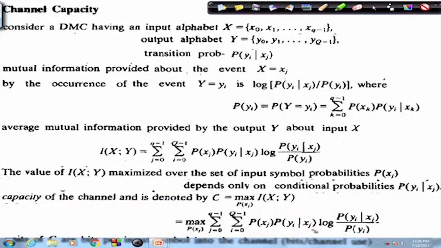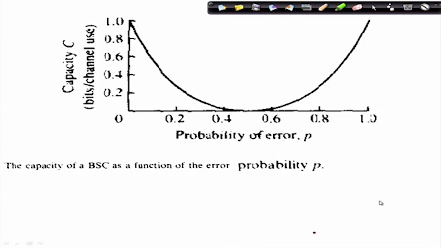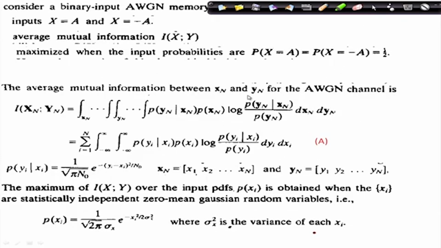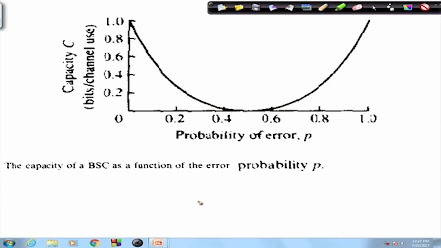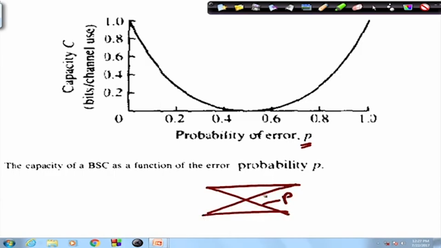Once you compute this, the end result that you would get is that the channel capacity would turn out to be minimum for the case where your P is half. That means, you have the channel capacity for P, remember it is the transition probabilities. So, the probability of making an error is P, and the probability of being correct is 1 minus P.